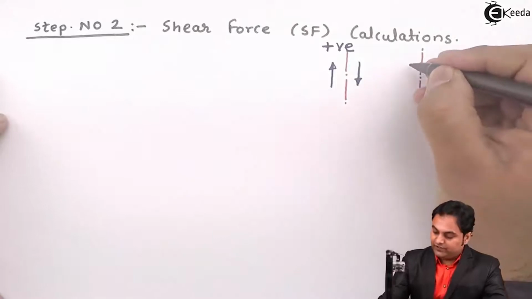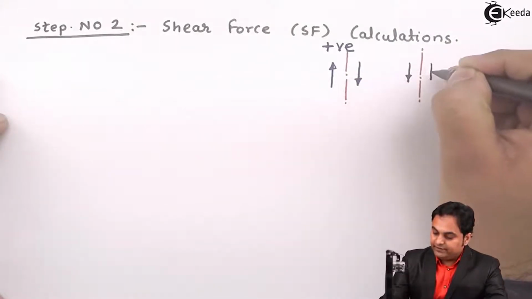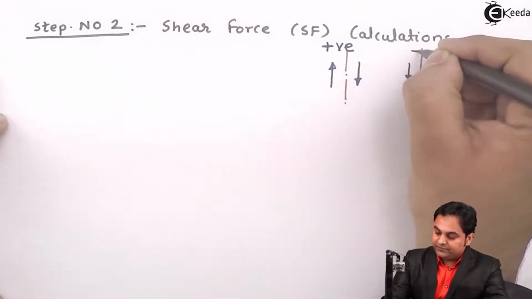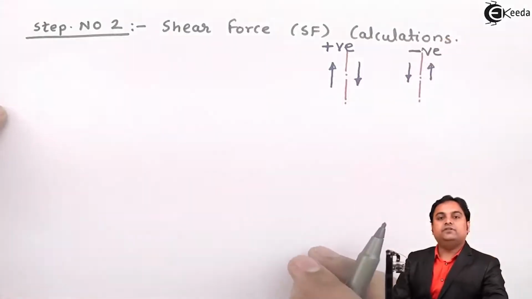Then any shear force value acting to the left and downward direction, acting on the right and upward direction, will be treated as negative. So with the help of this sign convention, we are going to find the shear force